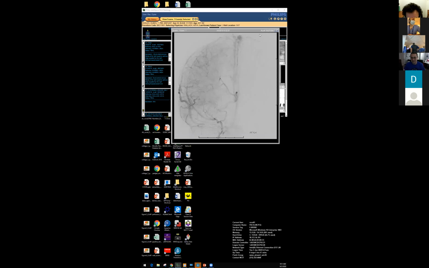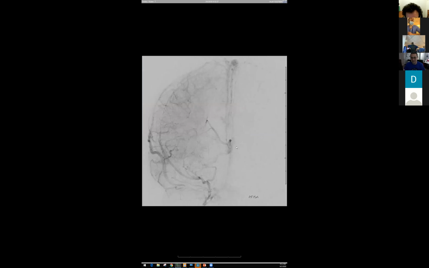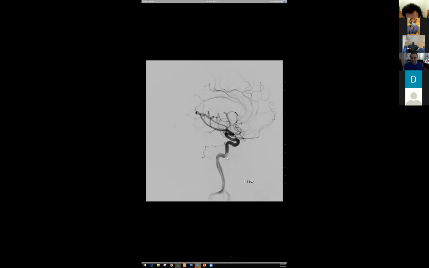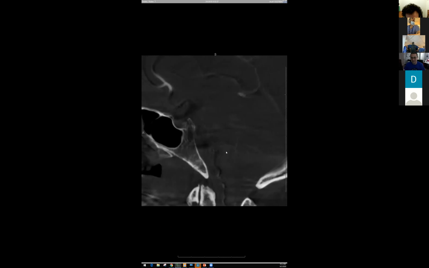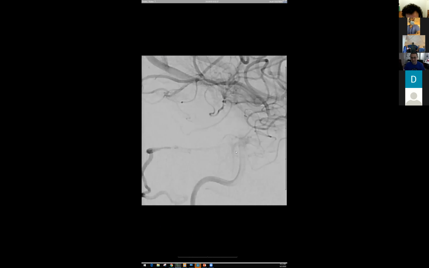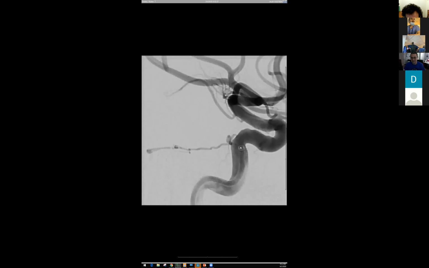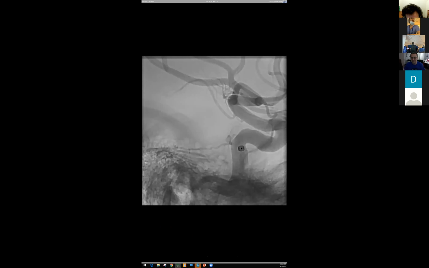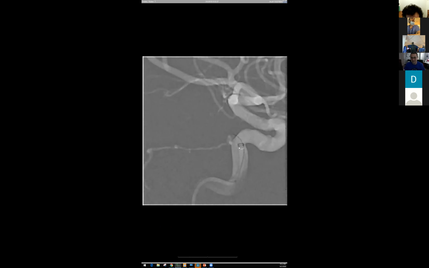He came for treatment, and the plan was to do a transarterial approach. So you see here again the right ICA. We decided to go with a big support catheter. I think it was an Avian, and then this is a Headway Duo,